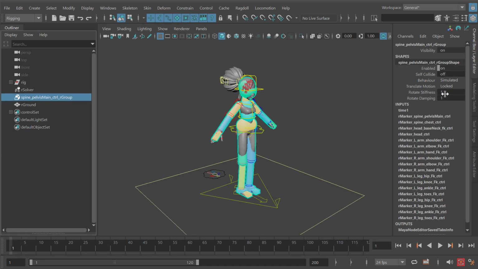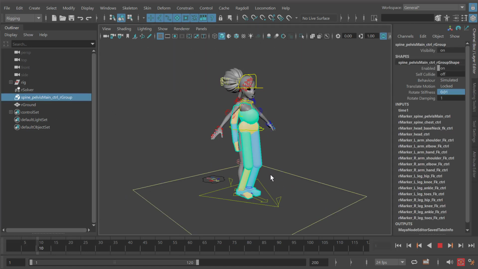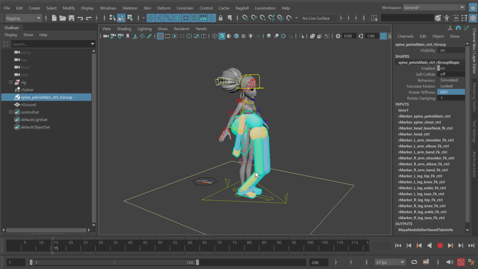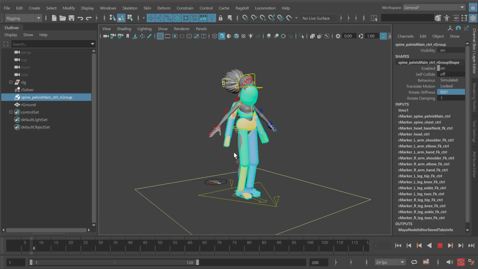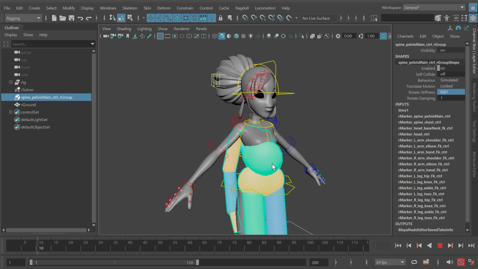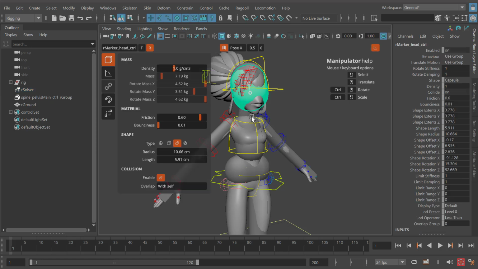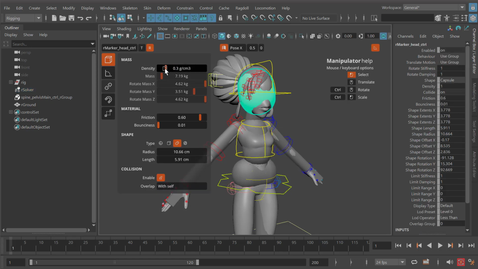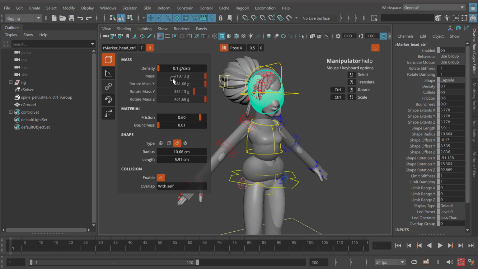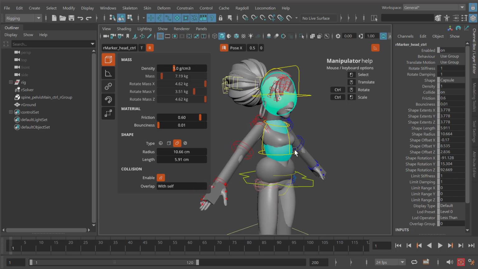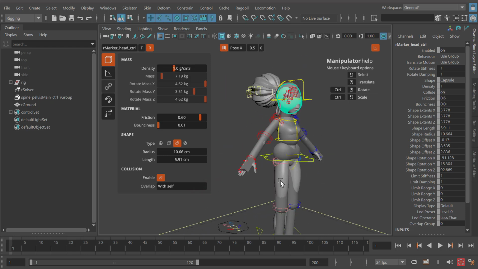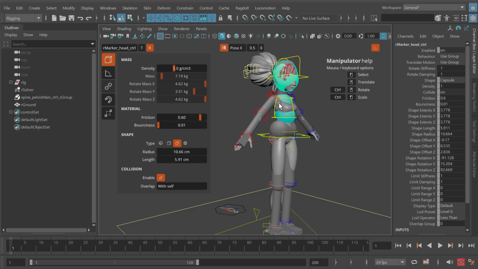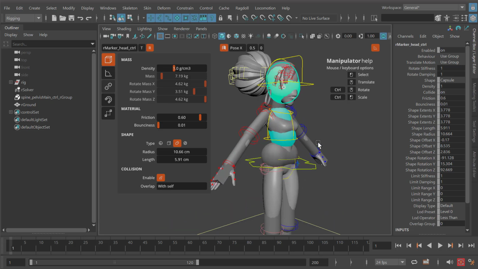And now if we were to relax her a lot, we should again see that the head is the first thing to go, right? Because everything in the body is weak now, but the head is so heavy. So let's start by reducing the density on the head, something like 10 times less. You can see on the mass here that with the density of 1, the same density as the rest of the body, like if everything was the same material, which in reality it would be, it would weigh